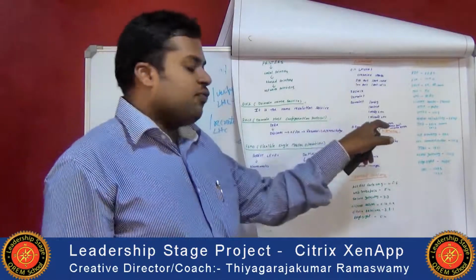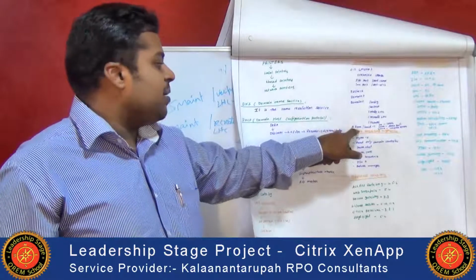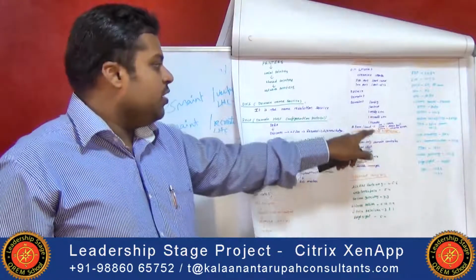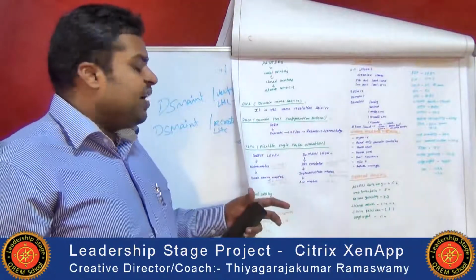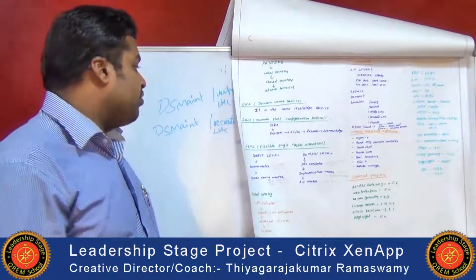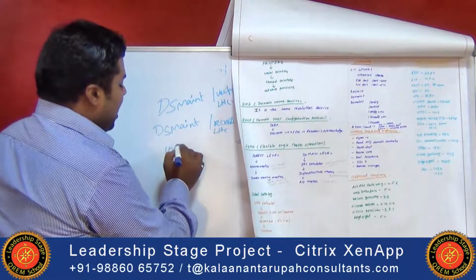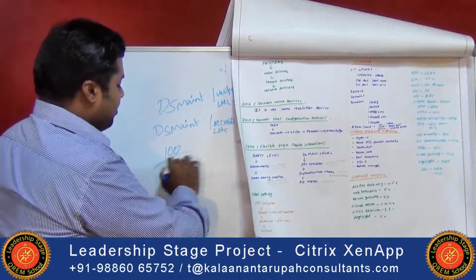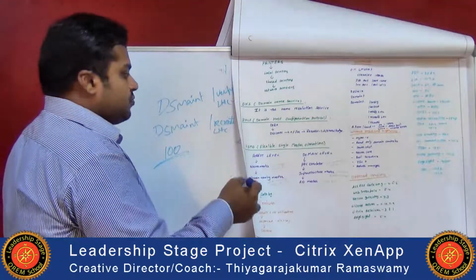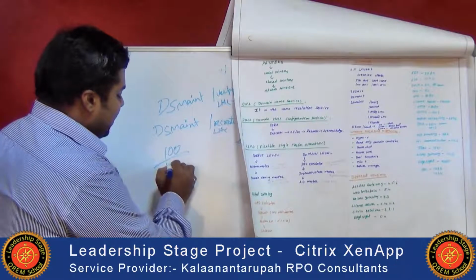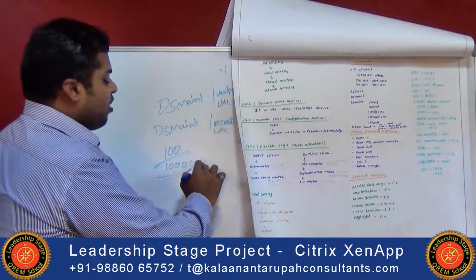And we have to find out the load on the applications. We write the command qfarm /load. By using this command, we know the load by default. When we type the command, we get 100 at the start. When only one user logs into the application, it will be given as 10,000. Then the farm is full.